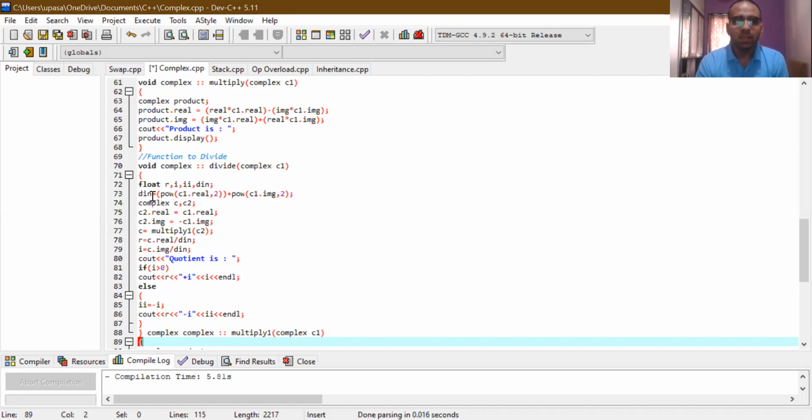So here you can see that as we have used the math.h library earlier, we are using the function pow from that, which is power. So din is equal to, in round brackets, pow(c1 dot real, 2), that means the real part square, plus pow(c1 dot img, 2), so it is the imaginary part square.